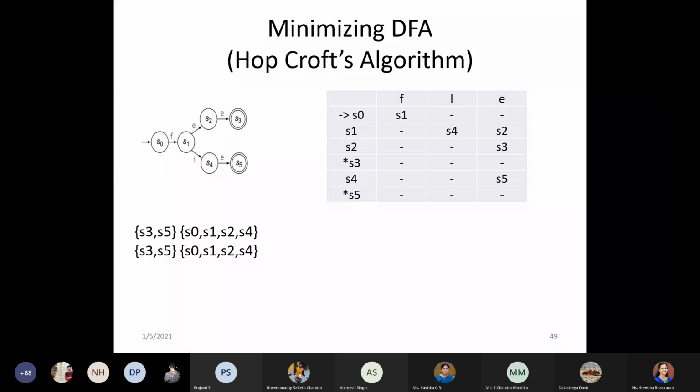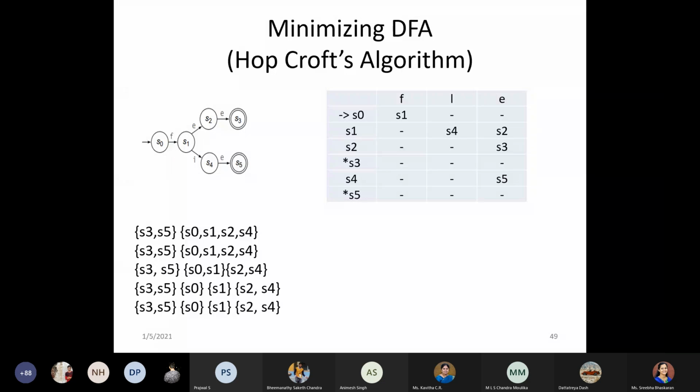So grouping approach, just a recap: how do we start? Once you get the DFA, we have to generate the transition table. From this transition table, the first grouping would be based on non-final states and the final states. So once we group that, that would be our first grouping. Then we have to keep going on for the next iteration. So pick each group first.